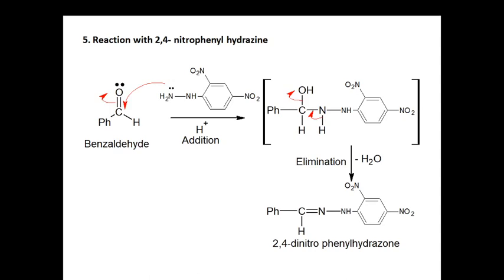And the last reaction of the ammonia derivatives is the reaction with 2,4-dinitrophenylhydrazine. Here I have taken benzaldehyde, and this is the reagent 2,4-DNP. So the G group is this bigger group. It is a simple nucleophilic attack; it becomes O minus, picks up a proton to form the species, and this species will undergo elimination of a water molecule to form the 2,4-dinitrophenylhydrazone derivative. So this reaction is the characteristic test for the detection of carbonyl compounds.